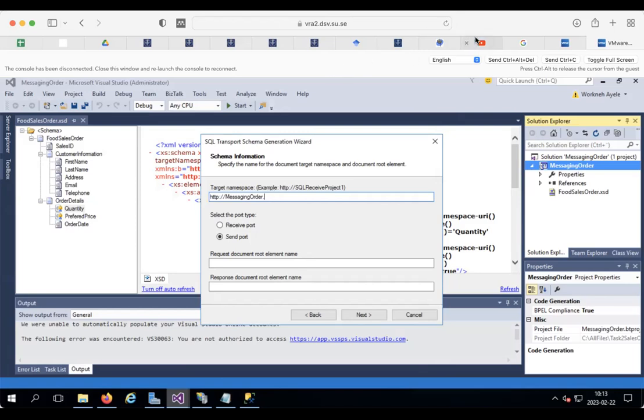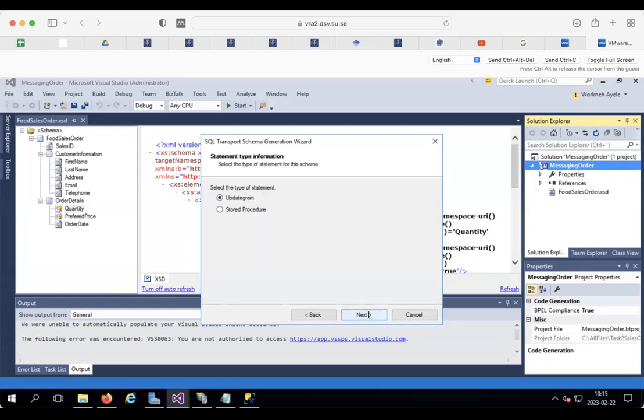So the application paused again. I'm going to pause now. So you specify these two, and you find this in the manual as well. It's similar, except that here the messaging order, the project name, is different. Then you click, and we're not using stored procedure. We're using update